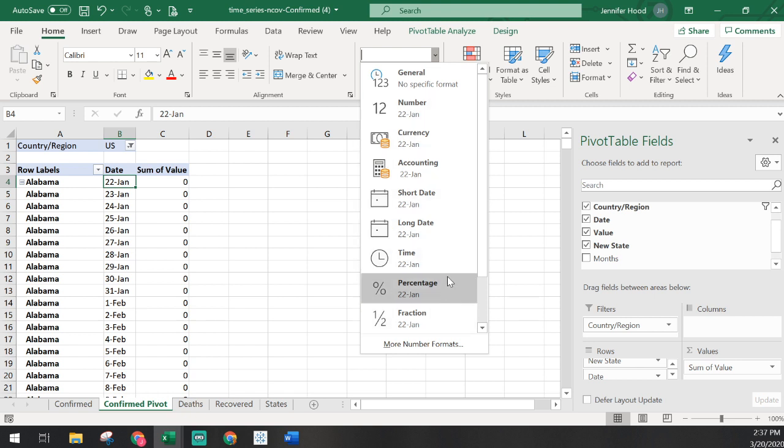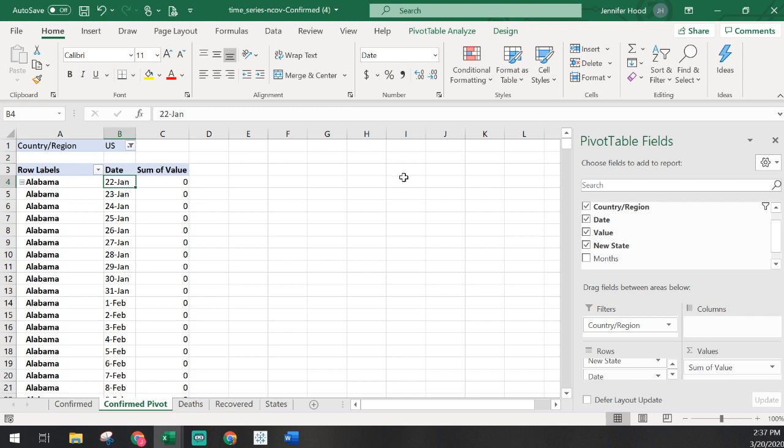So Excel's not actually seeing this as a date. It's saying it's a date format, but it's really seeing it as just a text value. So I want to correct for that because if I don't, when it goes into Tableau, it'll reorder things numerically. And so it'll move the 1st of February up above the 22nd of January because it sees it as the number. So we'll want to correct for that.